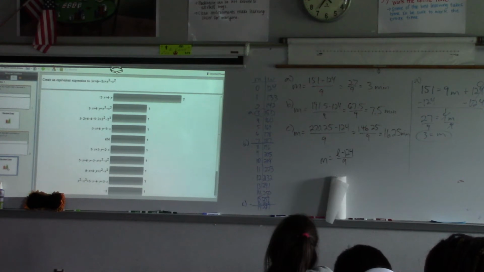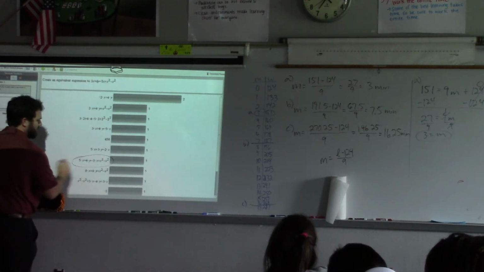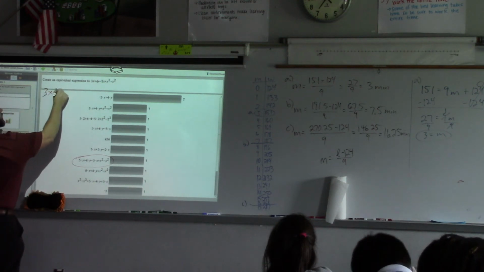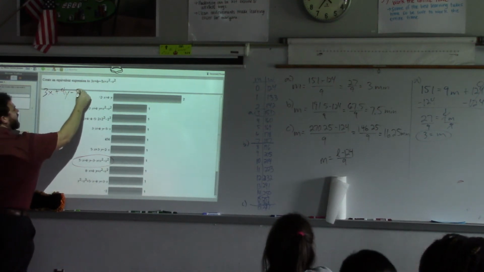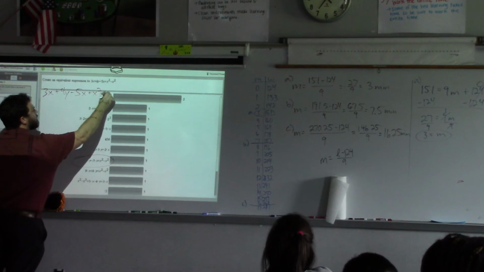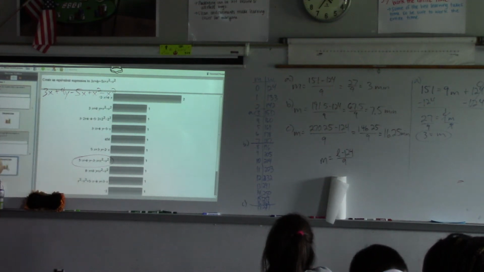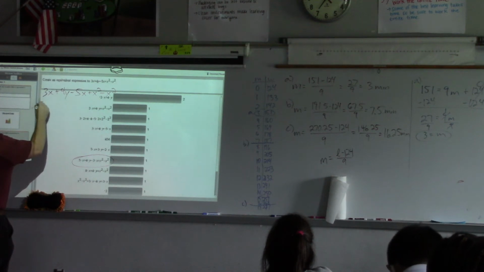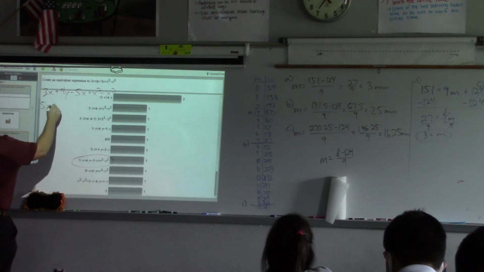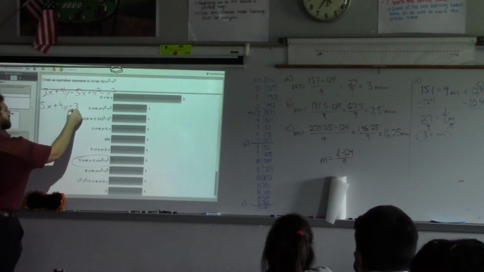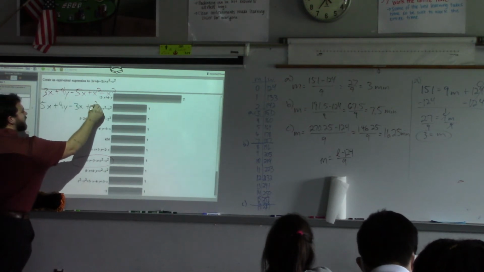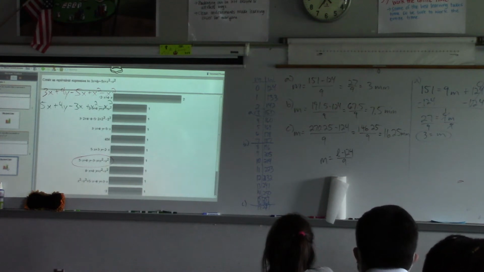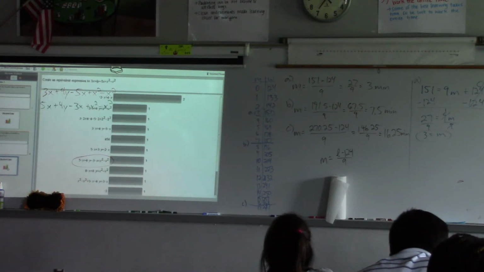Let's talk about this one real quickly, actually. 4, 5, 6. We had 3x plus 4y minus 5x plus x squared minus x squared. And all I asked you to do was to simplify, or to create an equivalent expression. There's lots of options. Is this one of those options? What does it look like they did? It looks like they used a commutative property. Did they do it correctly?